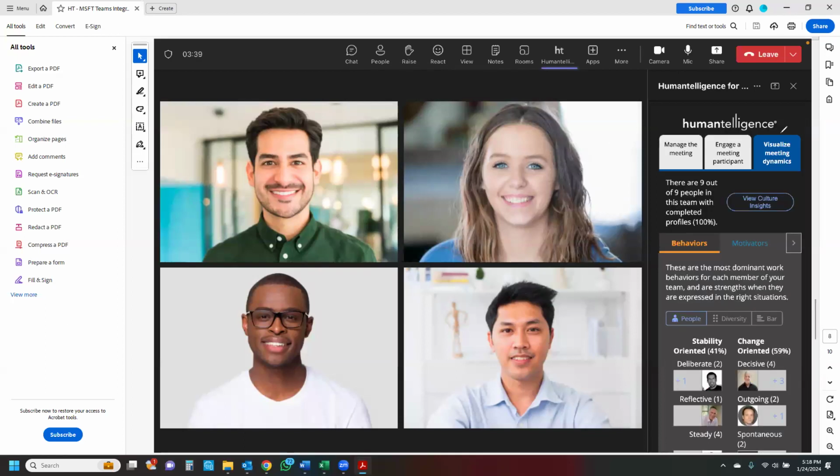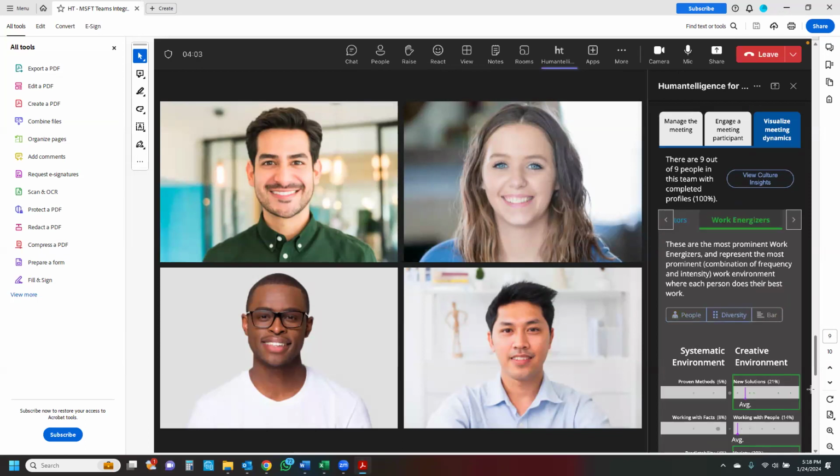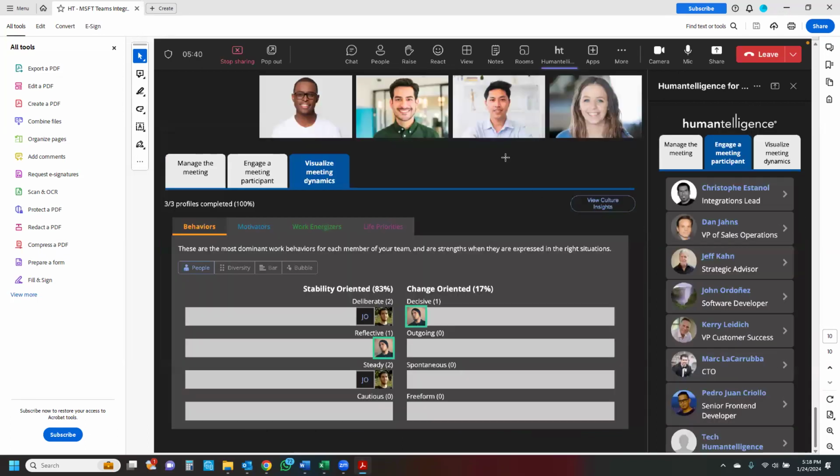And lastly, you can see how to visualize meeting dynamics of this group of people, where you can see what are the behaviors of this group of people visually, either pictures of people, diversity chart, or a bar chart. And you can also go through and see what the motivators and the work styles of these people are, in addition to sharing the screen and sharing for this group of people, if you're working together, what the insights are